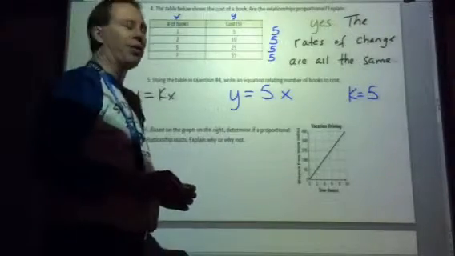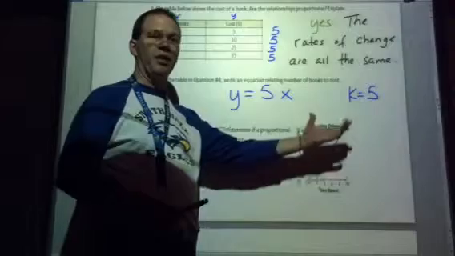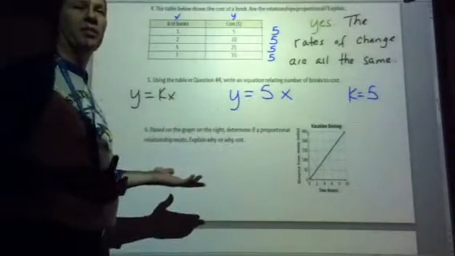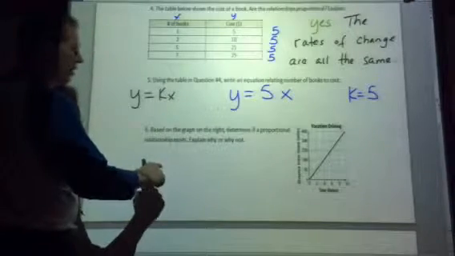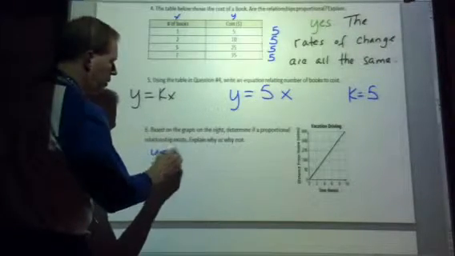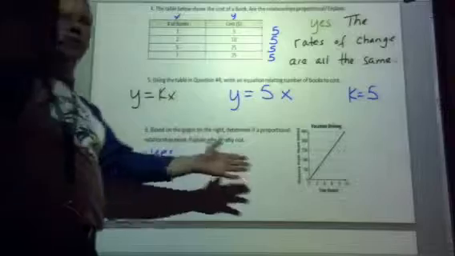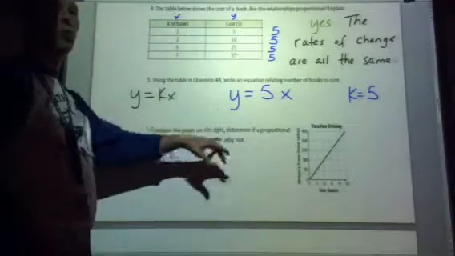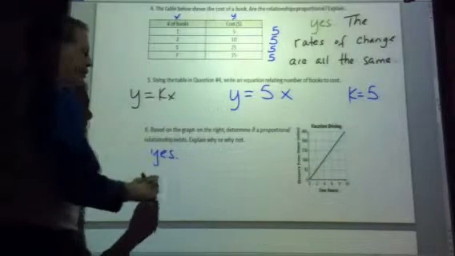All right, so what did you come up with here? First of all, yes, there is a straight line on here. Yes, it does pass through the origin. That's exactly what your answer is. Let's just write yes. And if you want to write a full sentence, that's even better. Yes, this is a proportional relationship. Explain why or why not. This is a proportional relationship because